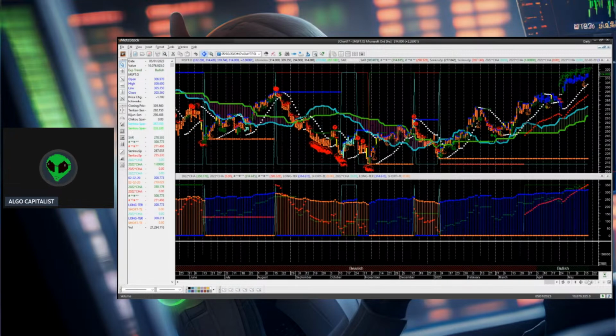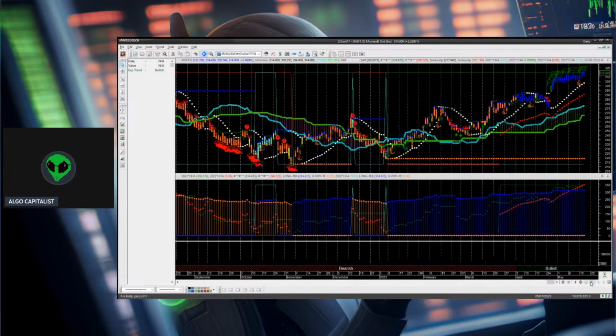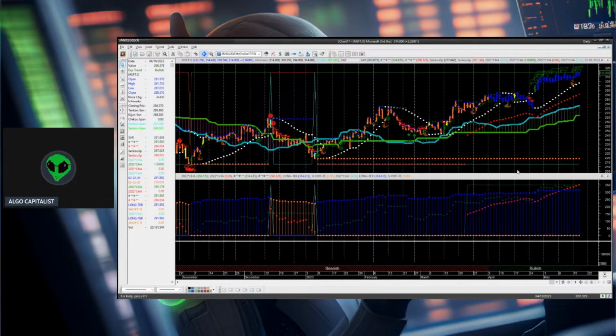Next up is Microsoft. Microsoft has a similar pattern as Apple. It started its bear market rally on the week of January the 9th, and it's been hitting new 52-week highs back to back to back to back to back. All right. So this one is wide open, but we have a problem. We had a gap up on the week of April the 26th, and that gap has not been filled.